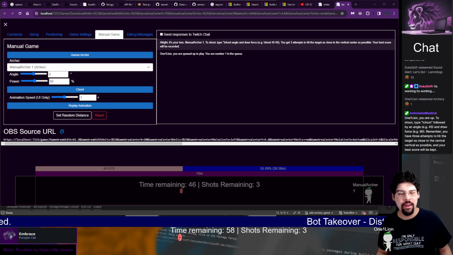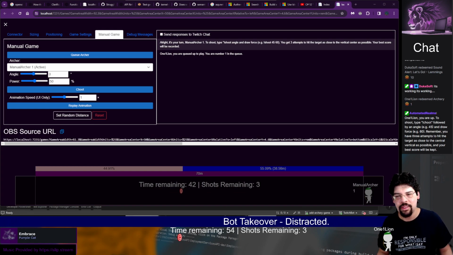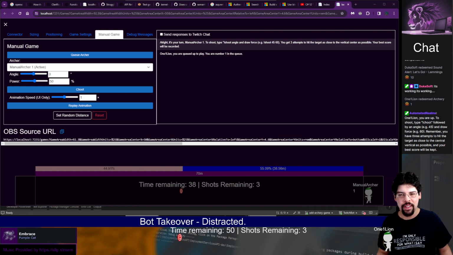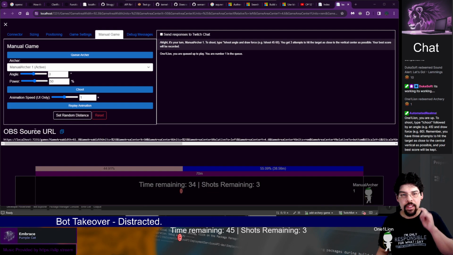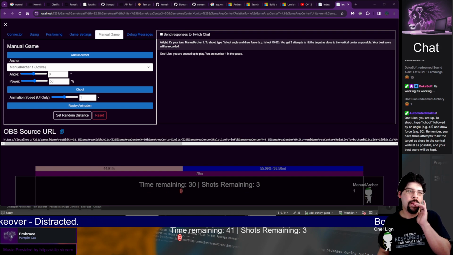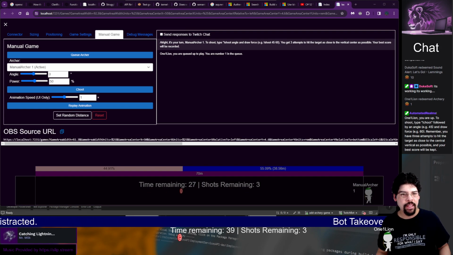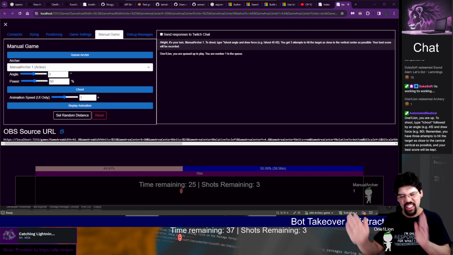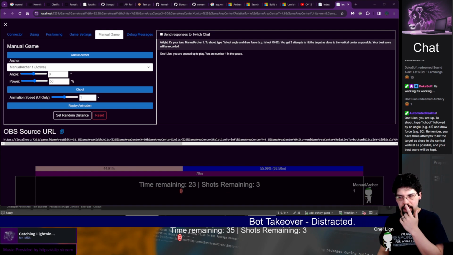Better. The target looks better. You can kind of see it. So let's see what happens if we try to shoot. The other thing that I said I was going to do, so that the arrow looks like it is passing through the actual target itself, because it's kind of tilted like this, is I was going to